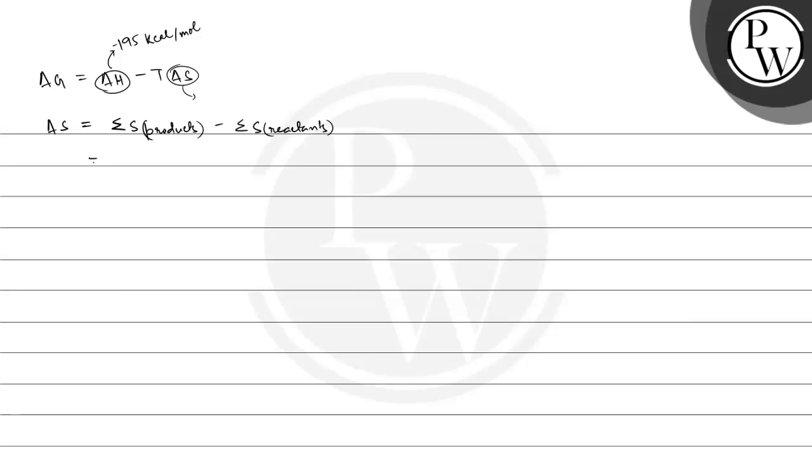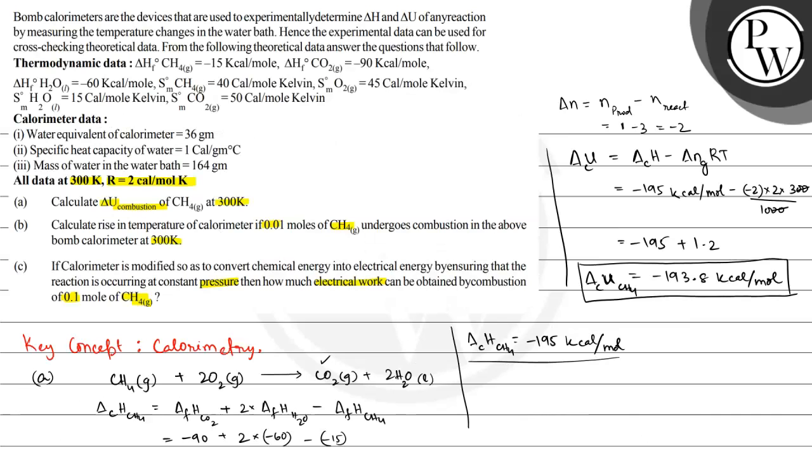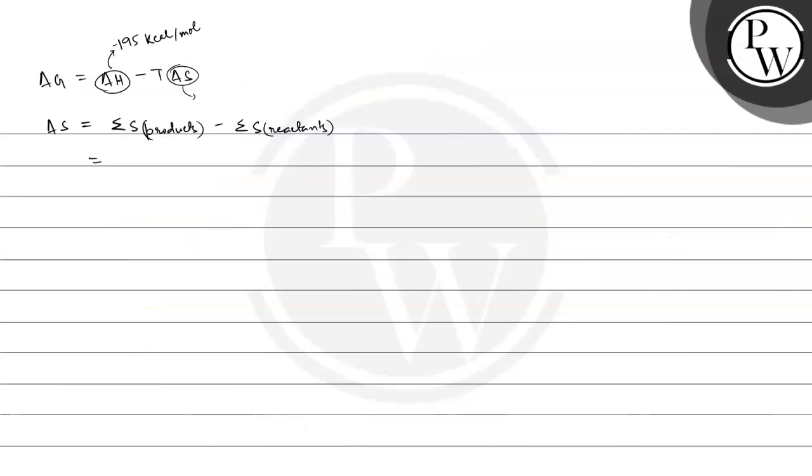The reaction we have is CH4 plus 2O2 gives CO2 plus 2H2O. So 2 multiplied by entropy of H2O plus entropy of CO2 minus entropy of CH4